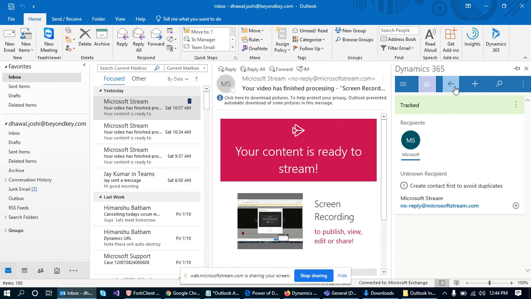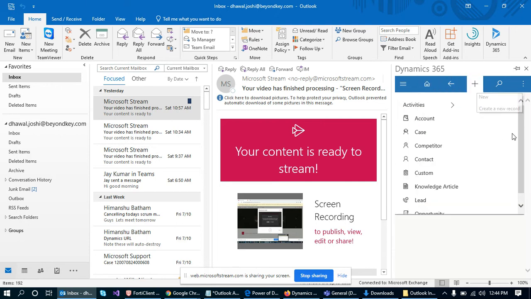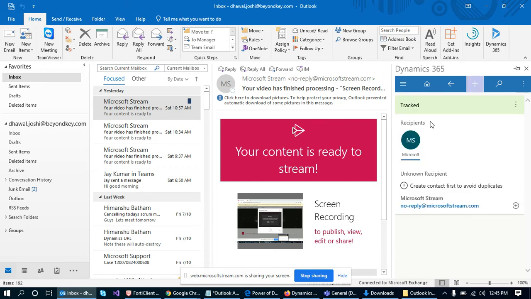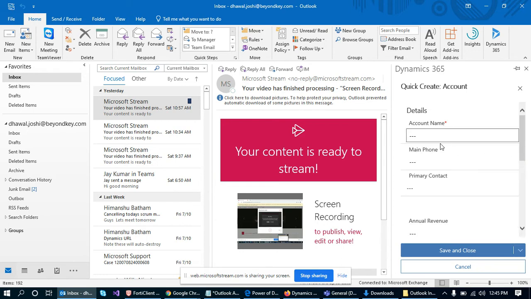As of now, I'll be able to access the out of the box entities in the Outlook app, which will be account, case, competitor, contact, all the regular out of the box entities. So if I click on account, I will get a quick create form for account, and I can key in the details.